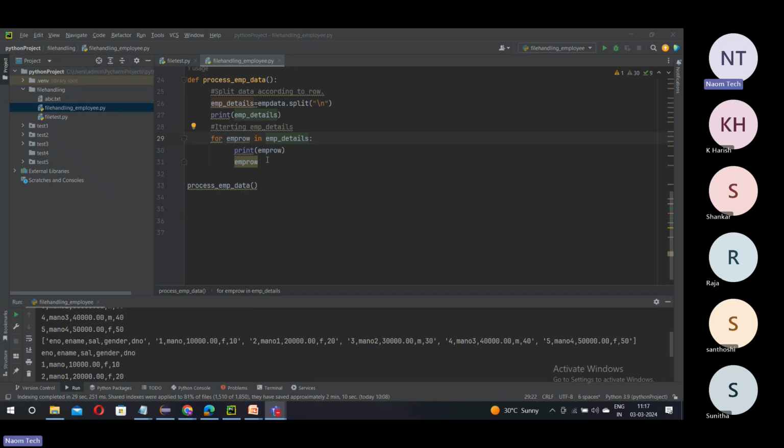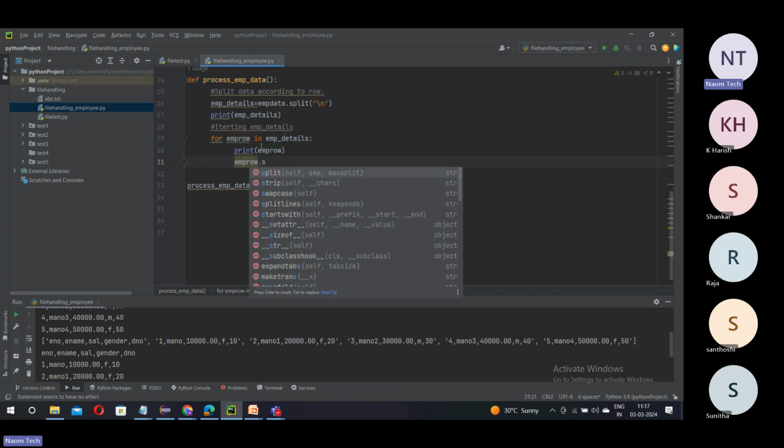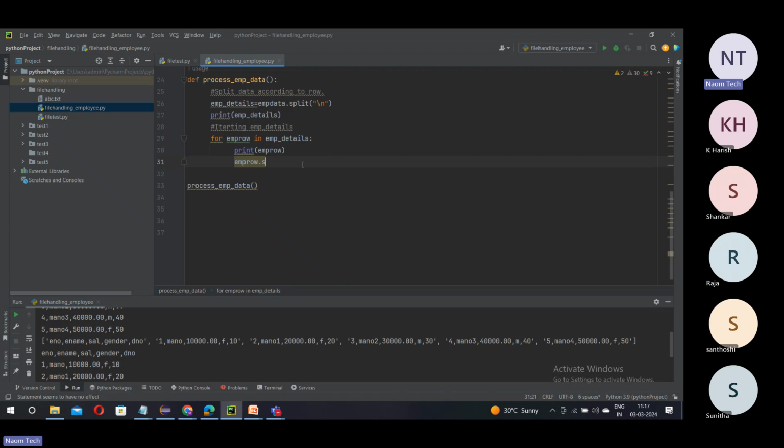Okay. Now what do you do right now? Split this employee row. Employee row dot. We are going a level down. We are applying a split on this row here. Employee row dot, apply a split, and then by what? You have to split by comma and then assign it to some